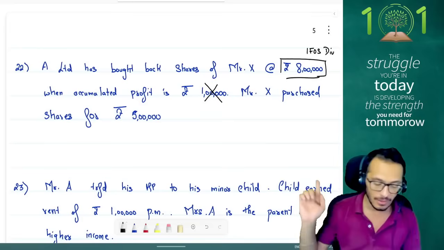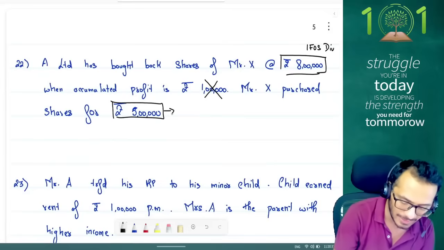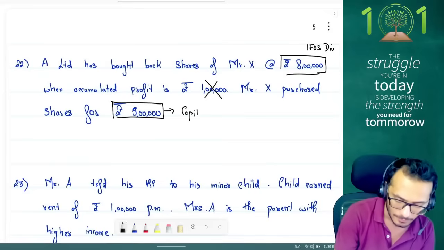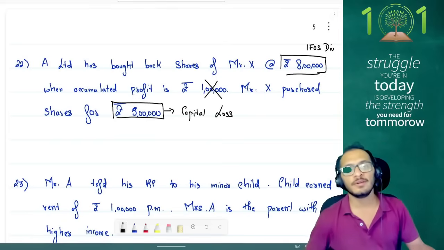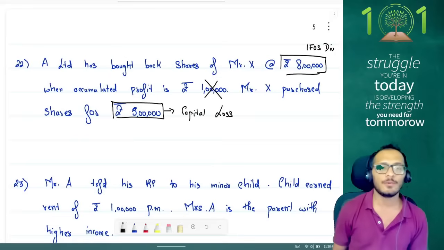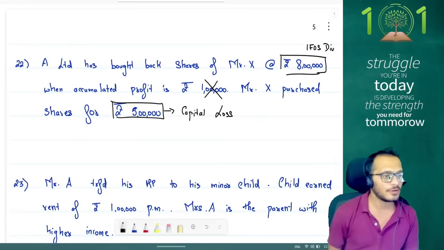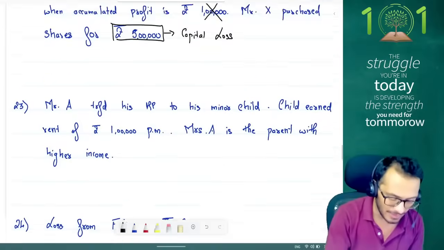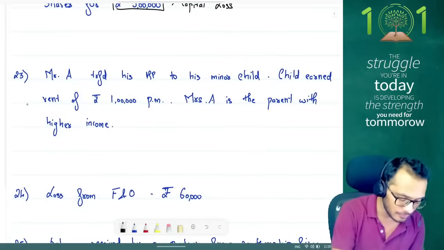It does not matter. The cost of acquisition, which is there for Mr. X, will be treated as a capital loss. Yes. So what will you be doing in this provision, people? You will say that the money received will be taxable as buyback dividends, and whatever cost of acquisition was incurred will be treated as a capital loss to be carried forward for a period of 8 years. Yes. Very good. 23, a very very good adjustment and something which has been tested in exam so many times